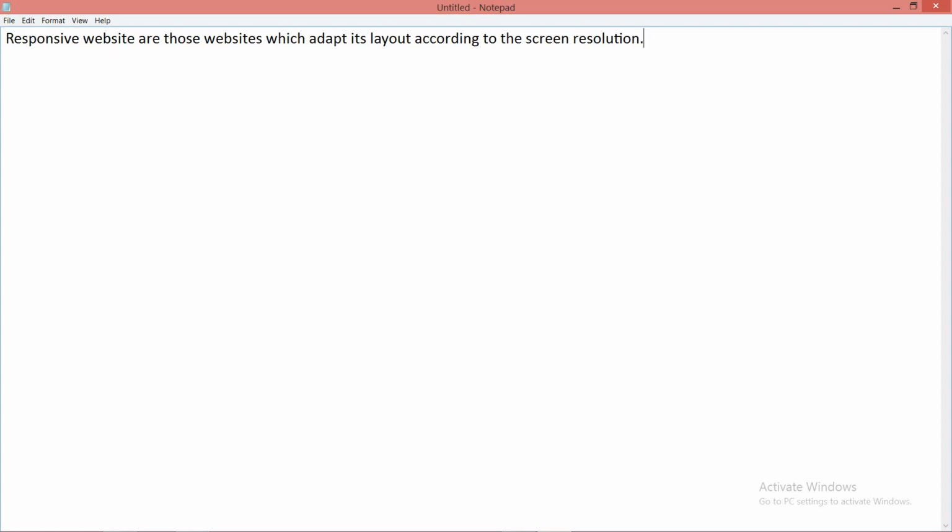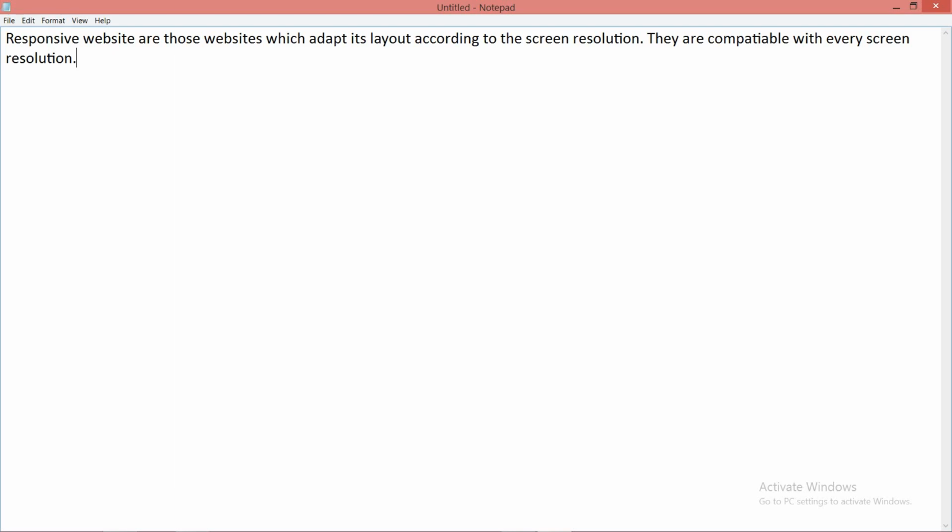In short, they are compatible with every screen resolution, which means they work on every screen resolution.